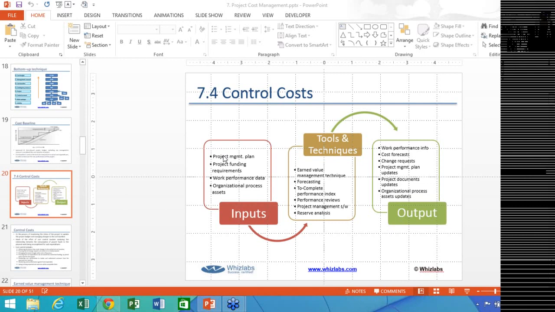Now, planned value is nothing but the authorized budget assigned to the work to be accomplished for an